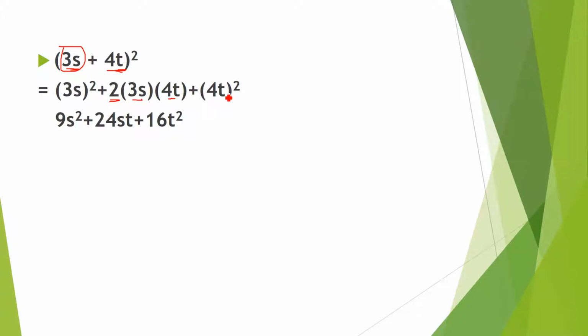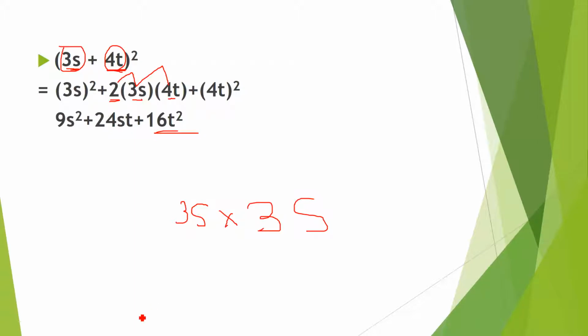2ab, plus b square means this complete thing is considered as b, so 4t whole square. Right, now you have to multiply. See, it does not mean again that 3 2 times is 6, be careful, it means 3s you have 2 times, like this, 3s multiplied by 3s, so 3 times 3 is 9, 9s square, plus 2 times 3 is 6, 6 times 4 is 24st, plus 4t multiplied by 4t, which is